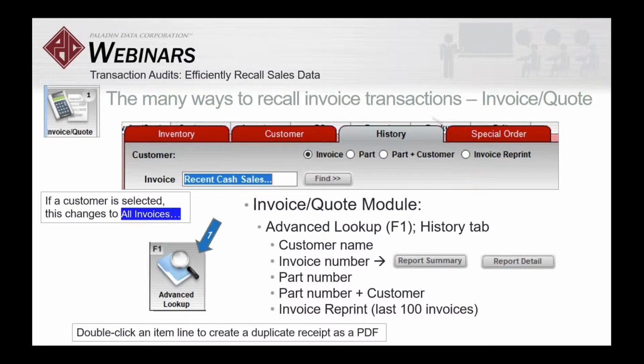Second, you go to Advanced Lookup, and then third, you go to History. Obviously, if you've done this before, it's nothing new, but there are some things that you might gain from this. If you select a customer, their name is going to appear. Meaning that at the invoice, you select who the customer is, and then you go into Advanced Lookup in History, you're going to see their name here. Also, you can search by invoice number, part